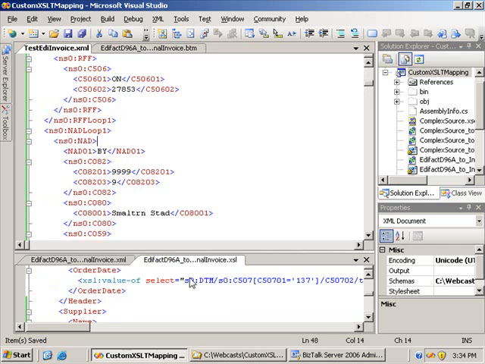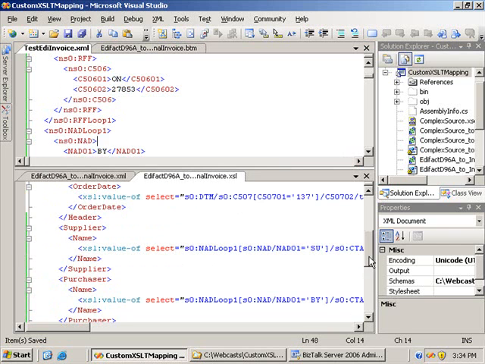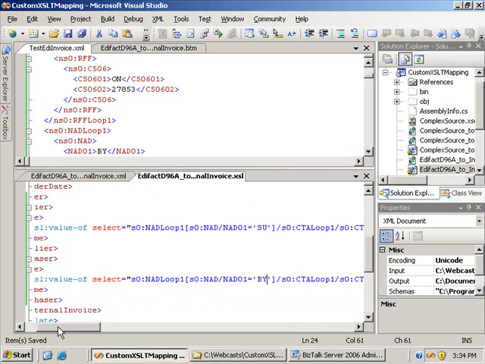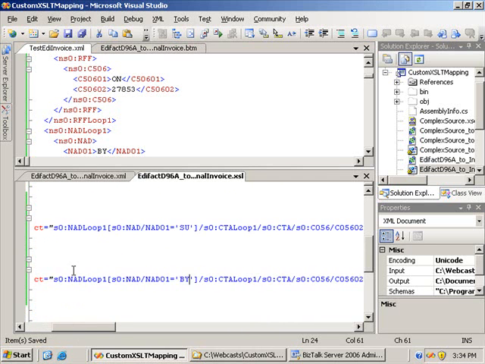Okay, so what I've got here is I've added a bit more functionality to the XSLT file here. So what I've added in is selecting the supplier name and the purchaser name. And this is where the queries do start to get a bit complex. I'm going into the name and address loop here, and they've got codes for supplier and buyer here. So what I'm doing is